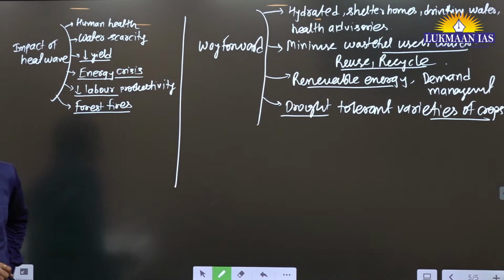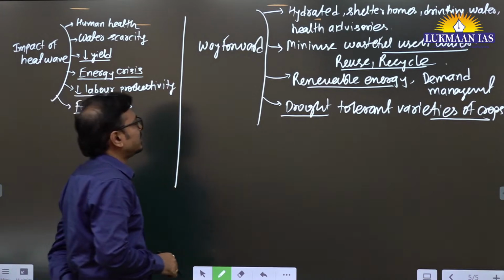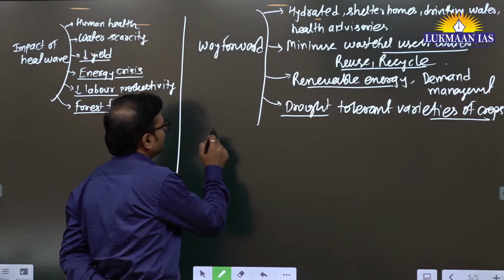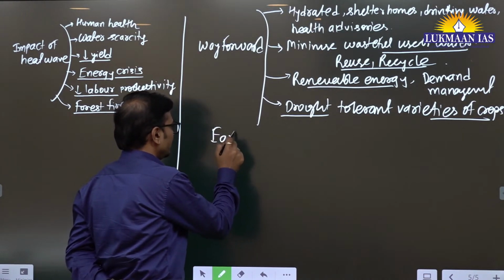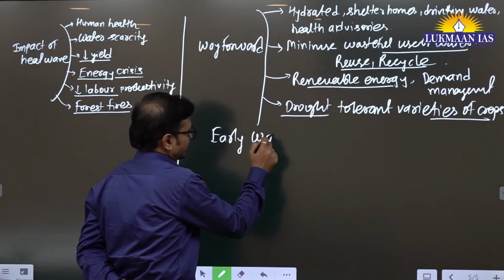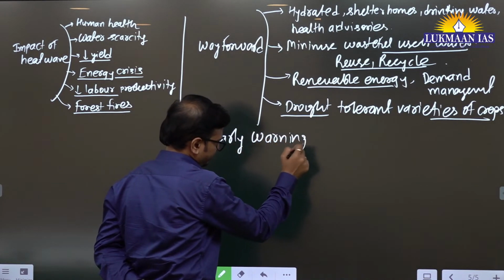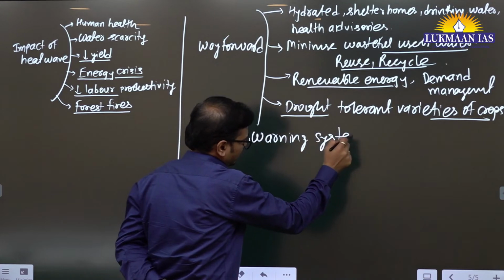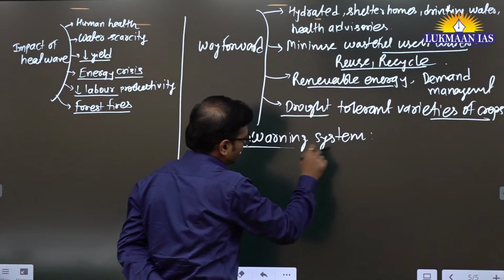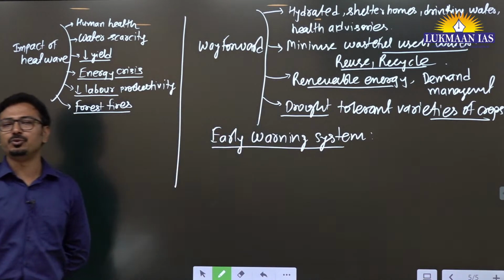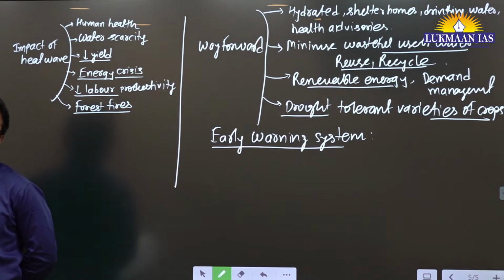All these things we can mention, but as a part of disaster management or considering heat wave as a disaster, we should be ready with early warning system, forecast. And WMO in one of its projects has given a very unique